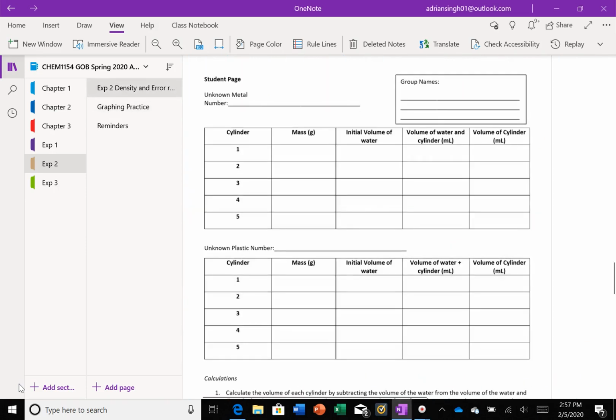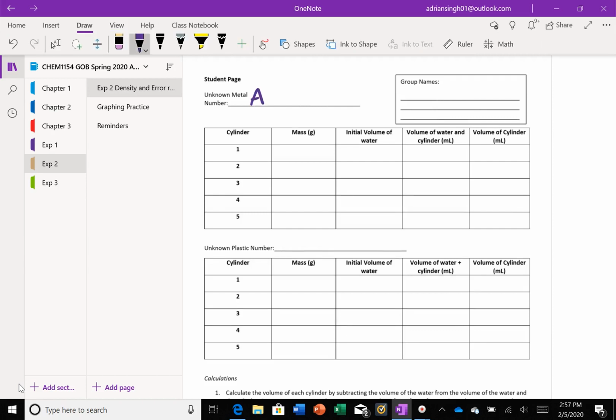your data. You were able to measure for the different cylinders, for instance. So let's say you chose the group of cylinders that were sample A, and you had to choose 5 of them, and you were able to record their masses over here using the balance. And then based on the displacement, you were able to measure the volume of each of those